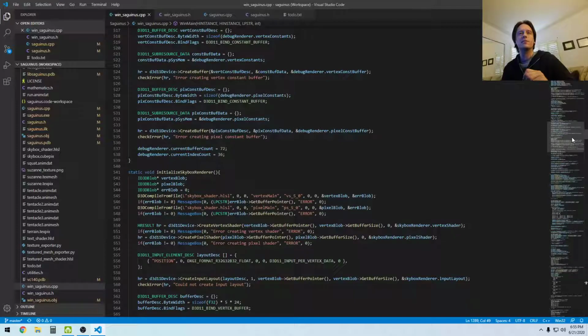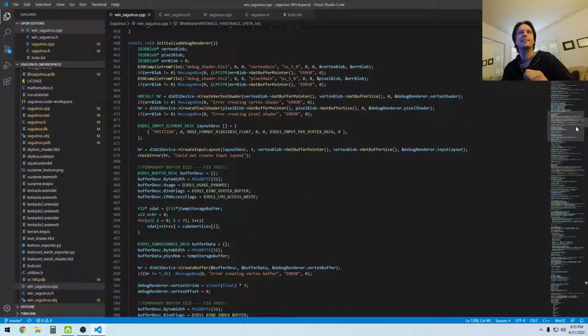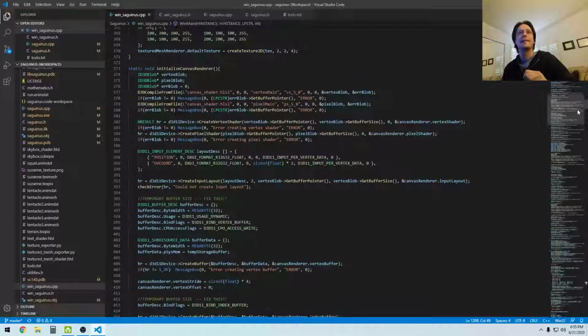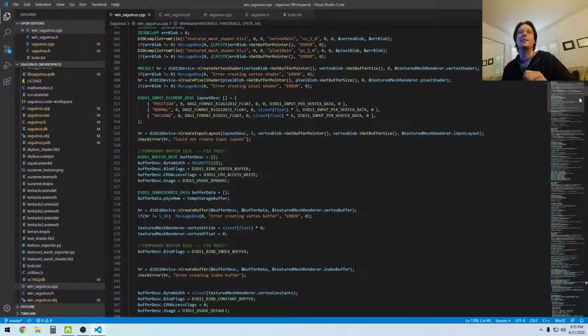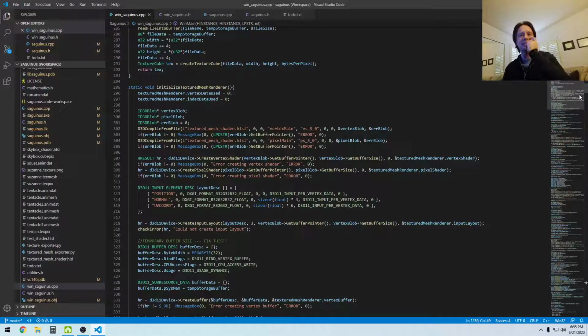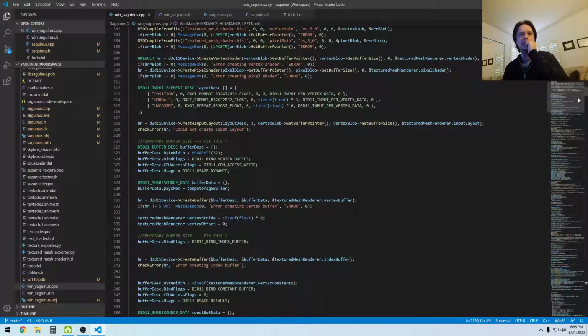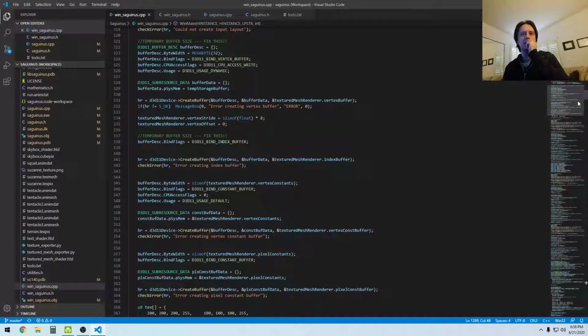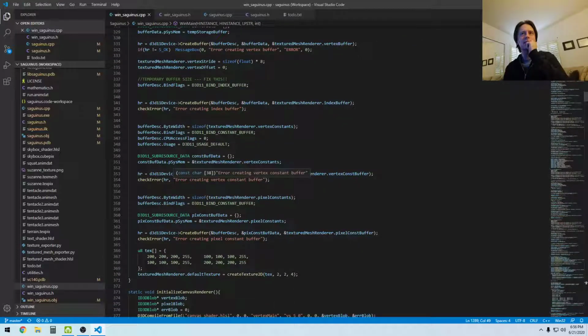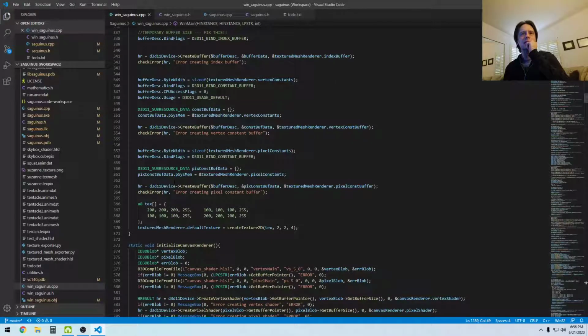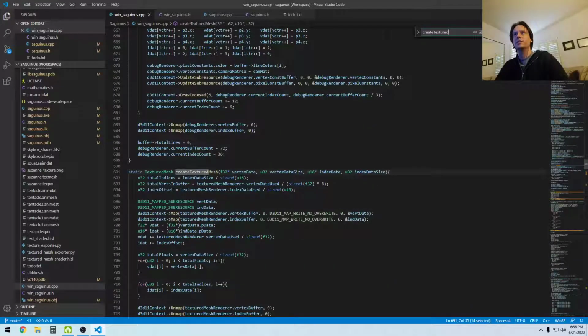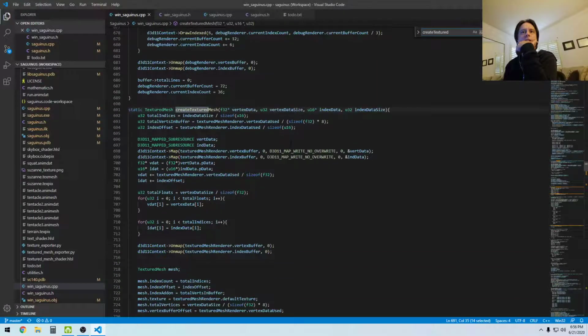It's gonna break some stuff, but it does need to get done. So I'm gonna go ahead, I'm gonna bite the bullet. I'm gonna go ahead and try to do that now. So I don't think I need to change anything here. It's just when I actually, I'm using the word mesh a lot, create textured mesh. So here,